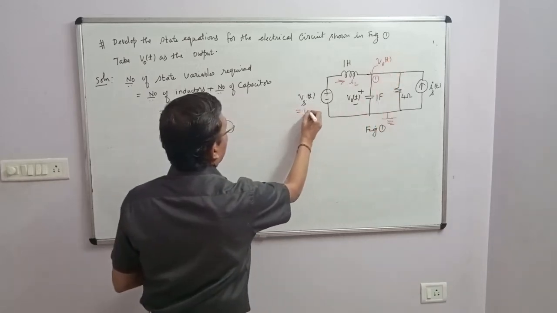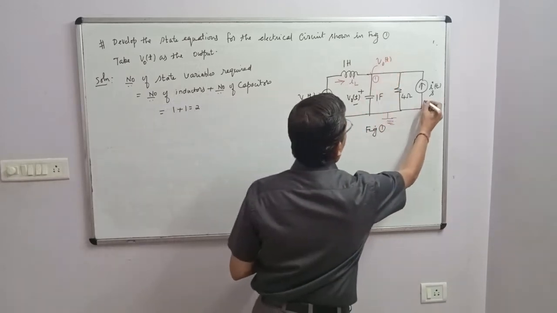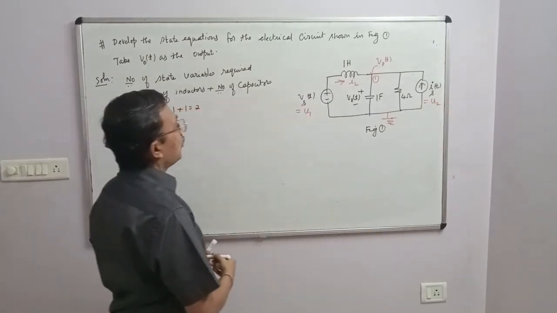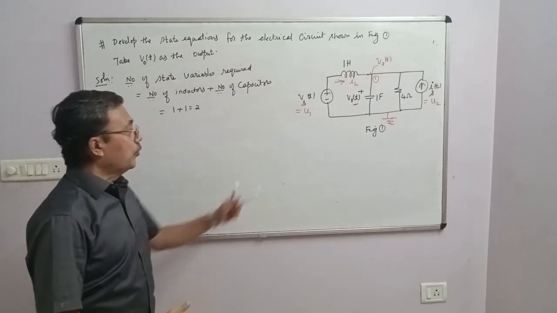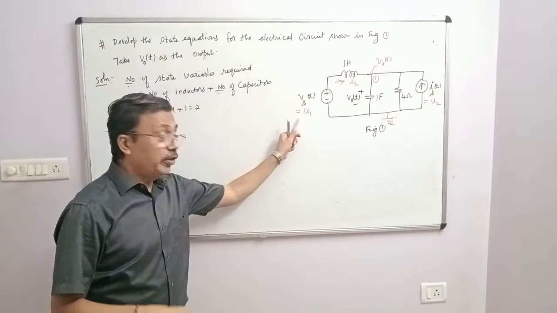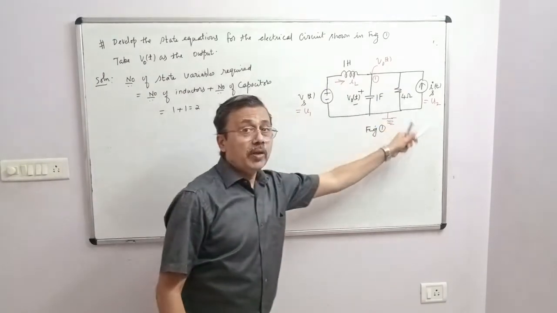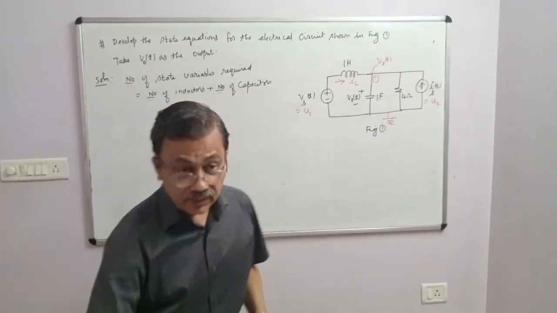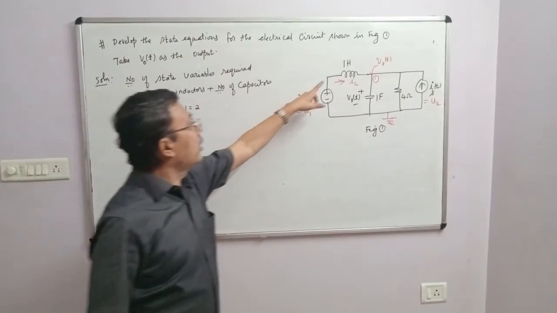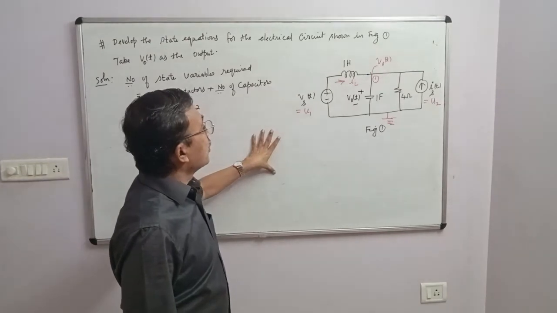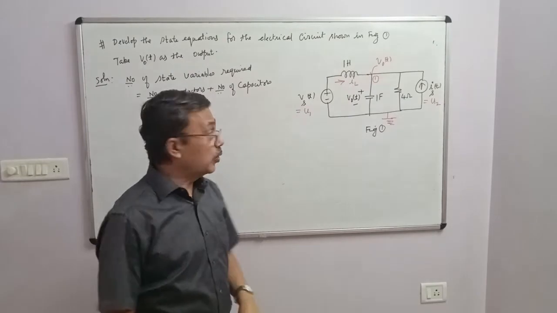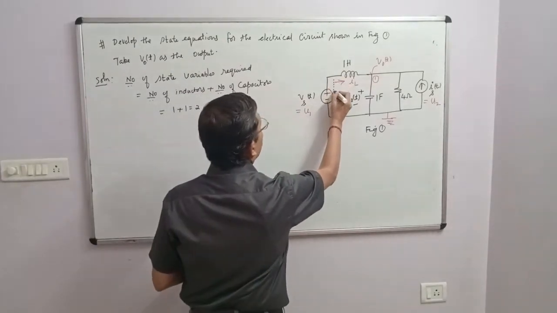We denote Vs of t by U1, Is of t by U2. This circuit has got two inputs given by U1 of t and U2 of t. If you write a lowercase letter, it is understood it's a function of time. U1 means U1 of t. U2 means U2 of t, correct? It is implicit, it is understood. So we have got an inductor, therefore one loop equation I have to write. We have one capacitor, therefore we have to write one nodal equation. This is the dotted path.